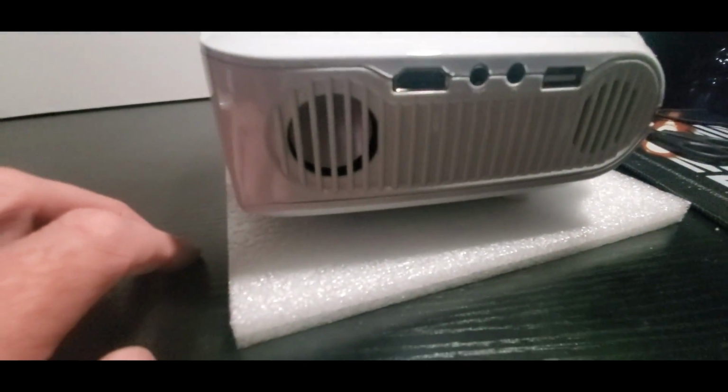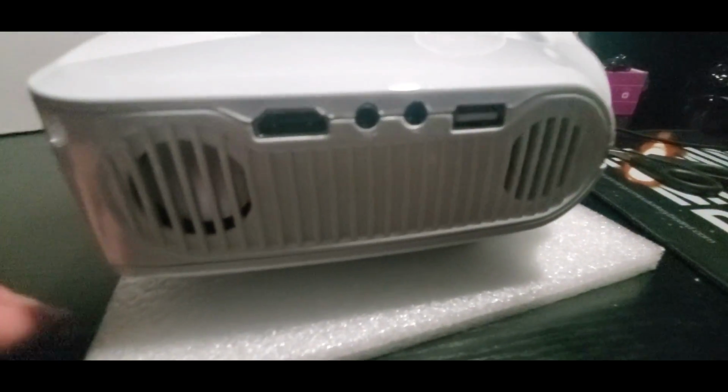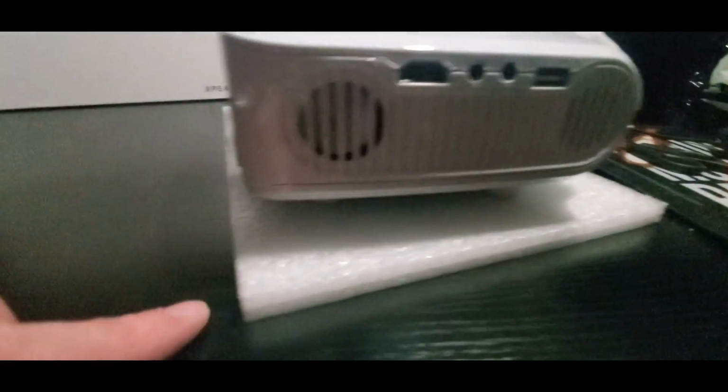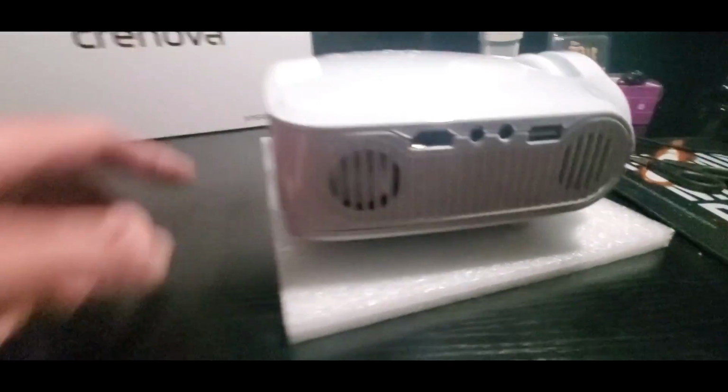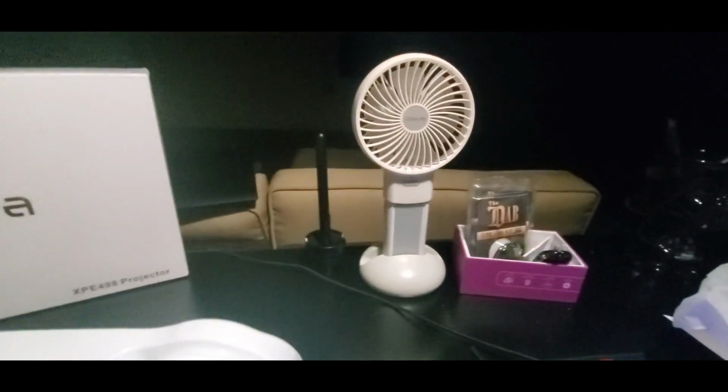I'll leave a link down below. I got the 4K upgrade. Pretty sweet. USB, headphones, and audio. Make a surround. But if you got a Bluetooth receiver, you're good to go. Take a look now